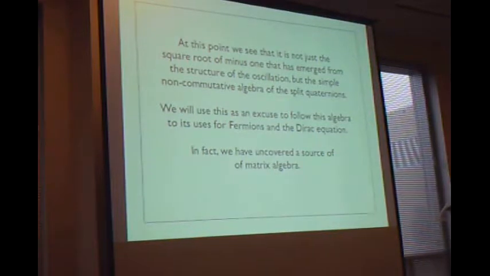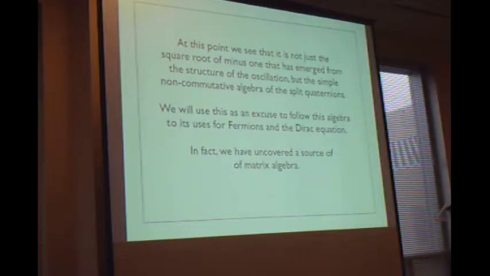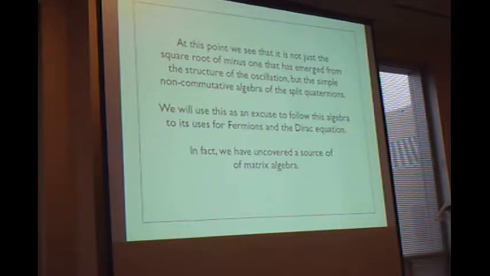So at this point, you see that it's not just the square root of minus 1 that has emerged from the structure of the oscillation, but the non-commutative algebra of the split quaternions. That's another term for E, eta, and the algebra they generate. I'm going to use this as an excuse to follow this over to the Dirac equation, and we'll do more. But